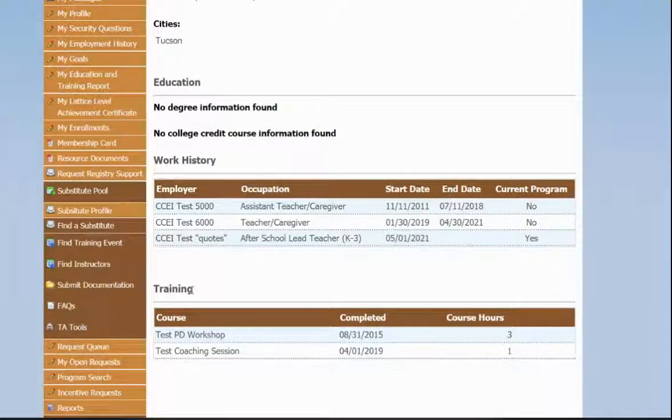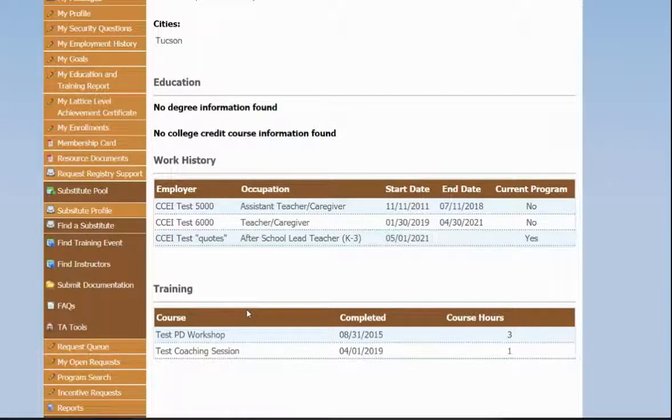And so they have the option to say, yes, I want to share this information with programs I'd like to sub at, or no, I'm not comfortable sharing that. So if you don't see anything here, it does not mean they don't have a great history or great educational attainment or training. It's just that they've chosen not to share it until maybe they talk to you. So it's still worth reaching out, even if you don't see information